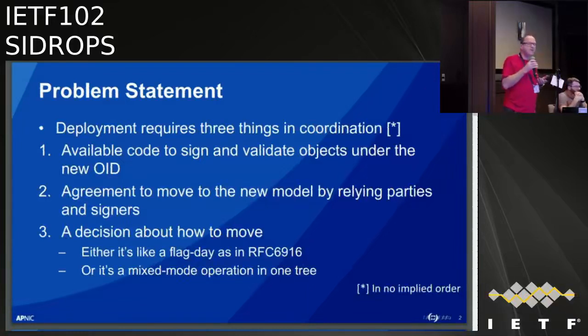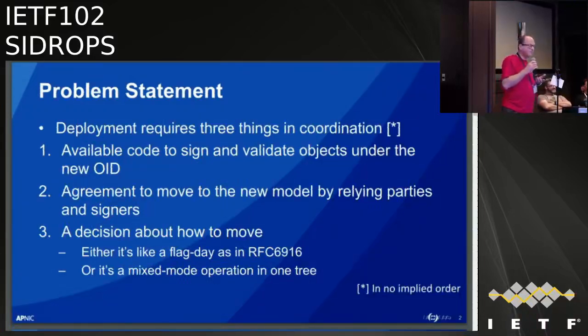When we first presented this idea, we didn't expect to come out the door with a discretely different OID. The thing here is that certificates can only have one OID. That's the nature of an X.509 certificate as I understand it. And since the OID defines the validation model, and since there was no consensus in the room to agree to repurpose the validation model of the existing OID, it is necessary to accept that there will be a new OID. And that immediately puts on the table the transition question.